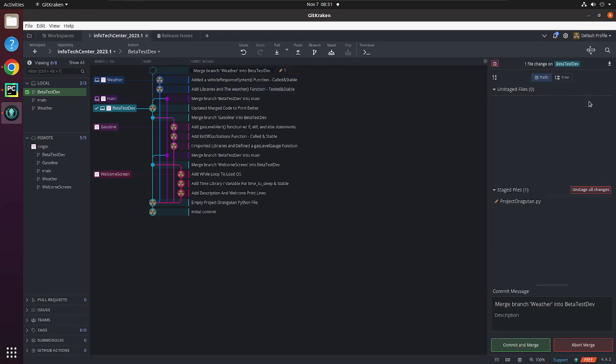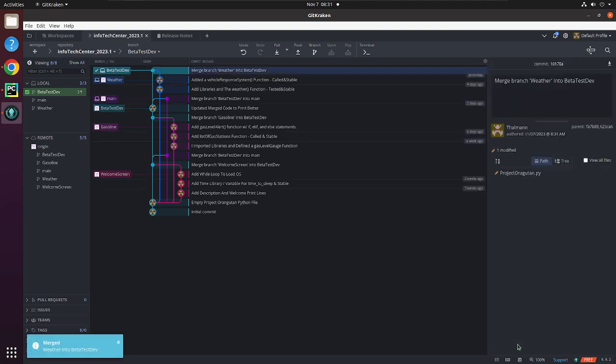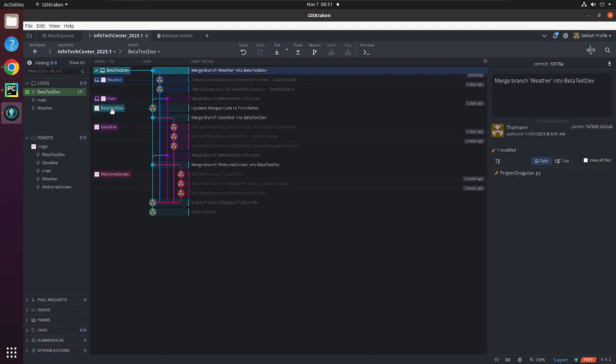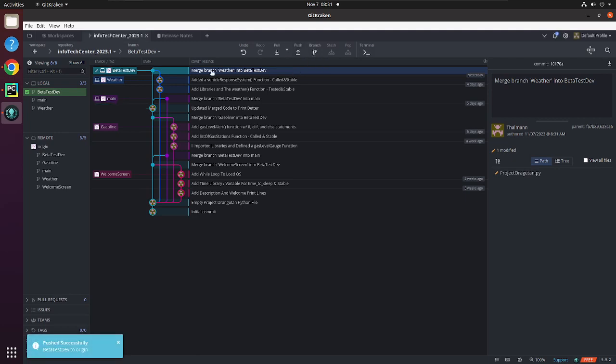And we finish everything. Mark all resolved. Make sure that this is nice. Commit and merge. So now the weather is merged into our BetaTestDev. But this BetaTestDev is behind this one. That's because this one is local. So all we have to do right now is push it to the internet,